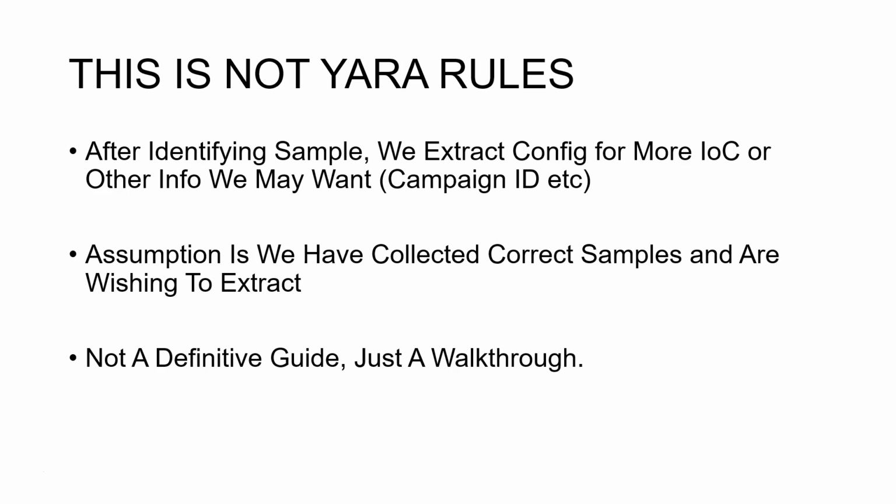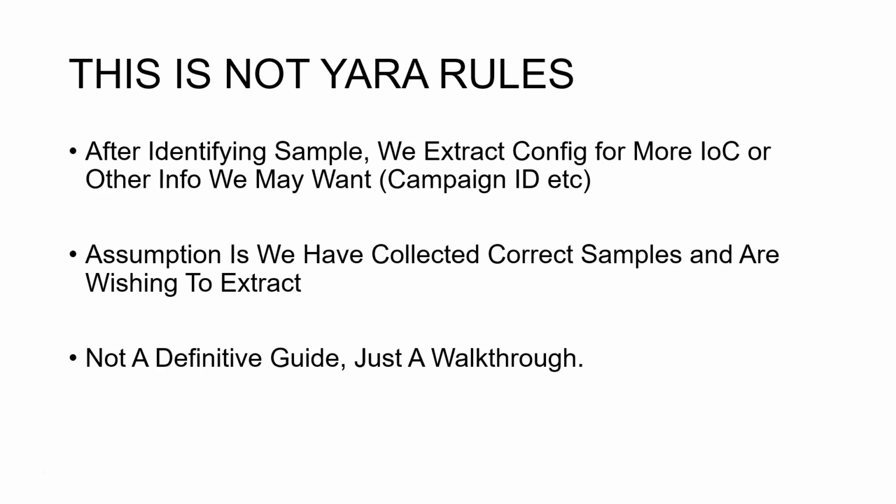The whole reason for extracting configs are a number of reasons. One, for more indicators of compromise. Sometimes we have mutex values before we even begin to reverse engineer. We can understand mutex values, registry keys and stuff like that. Sometimes we get something that will help us for more research purposes or understanding of the group, threat actor, malware operator, whatever you call it. Such as like campaign ID, builds, comment, stuff like that. It's really important sometimes to understand what the person is thinking, or the people are thinking, the group.